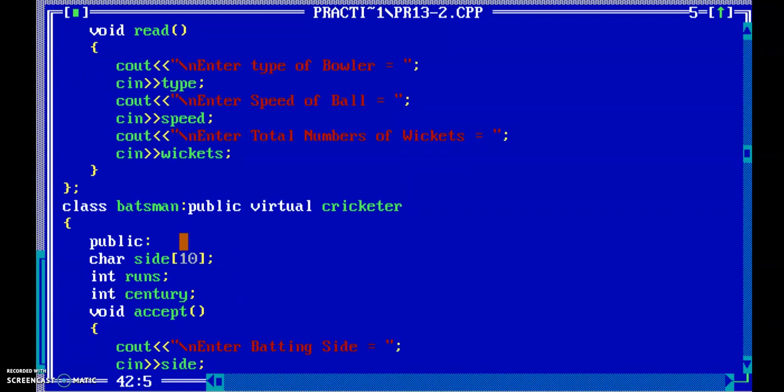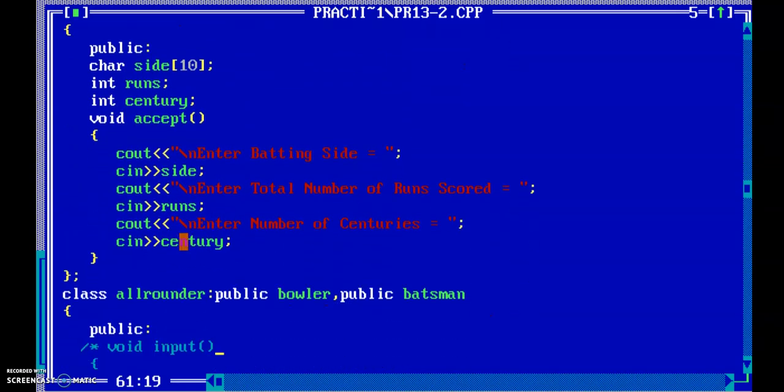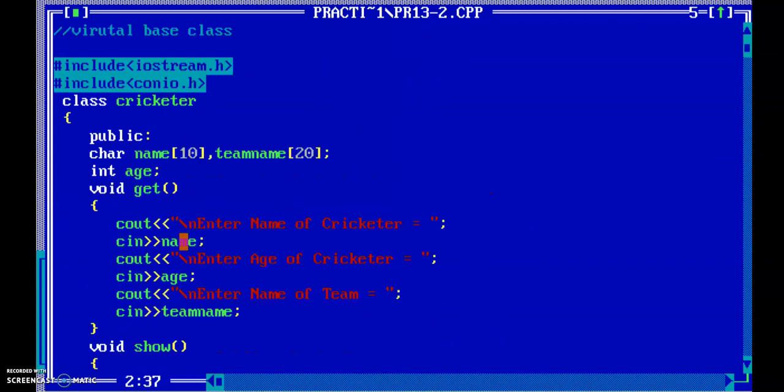After that, class batsman, in this class we also inherit the base class cricketer, and then accept the input. After that, the last class, that is the all rounder class, in which we inherited bowler and batsman directly, and indirectly the cricketer class.